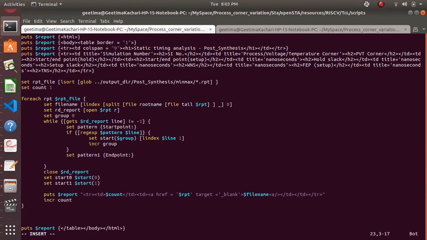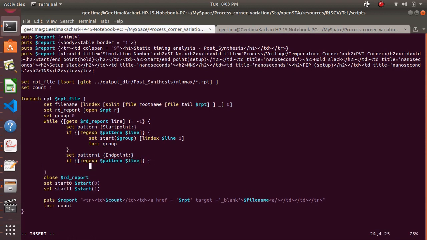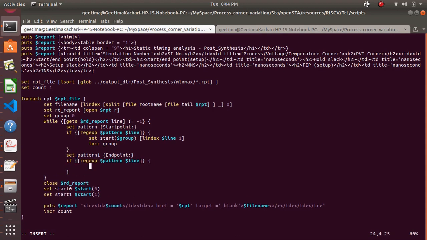Endpoint. Now again we set the pattern. Now again we are inside the first report file. Now if our regular expression, in this case endpoint, via the regular expression command, if our regular expression $pattern 1 is passed into the $line, then we will set another array. Let us name that set n,